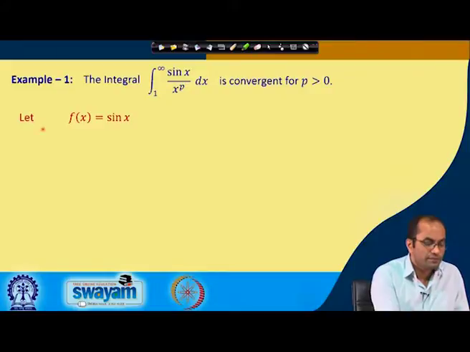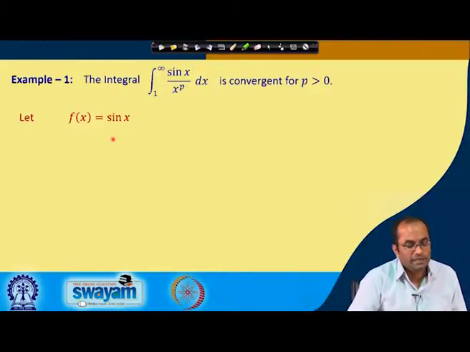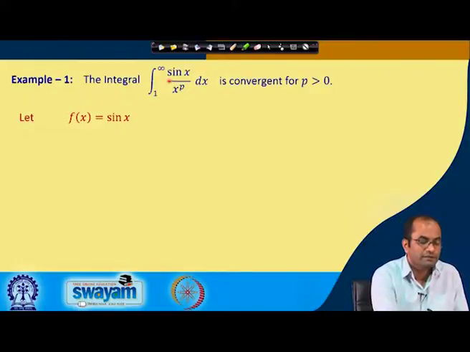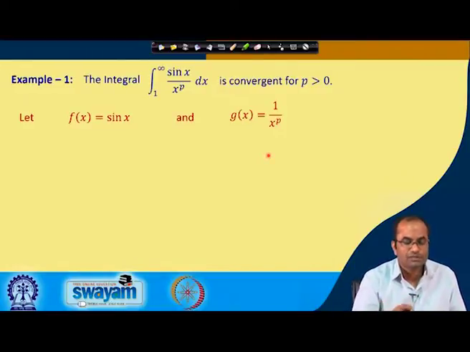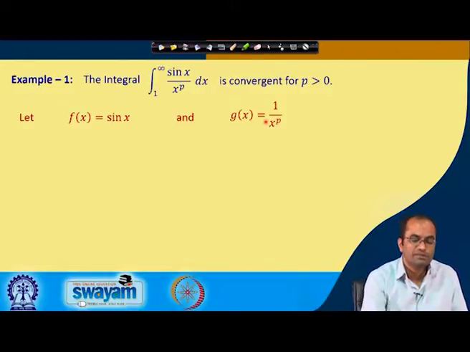So, in this case we let f(x) be equal to sin x. So, we have this function f(x) as sin x, and the other one, g(x), we will take as 1 over x to the power p. So, how is this useful now? Because we know about this g that it is monotonically decreasing to 0 as x approaches infinity